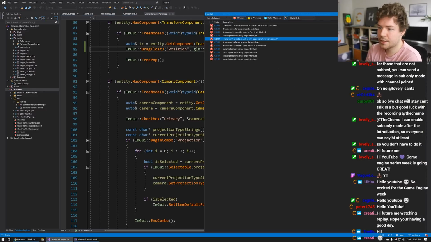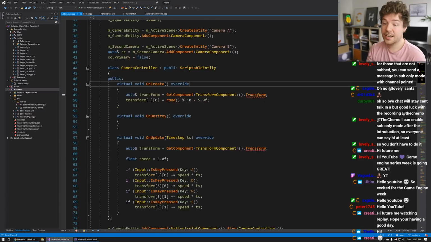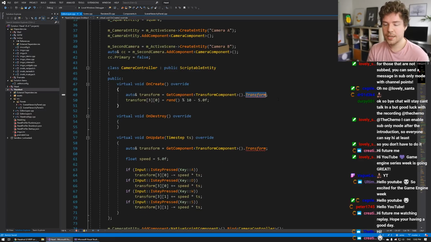I think there was, okay, here we go. Yeah, so editor layer had some issues inside the camera controller as well. Yeah, so this kind of stuff becomes even easier. So instead of doing weird matrix stuff, like let's get the last column and access the X,